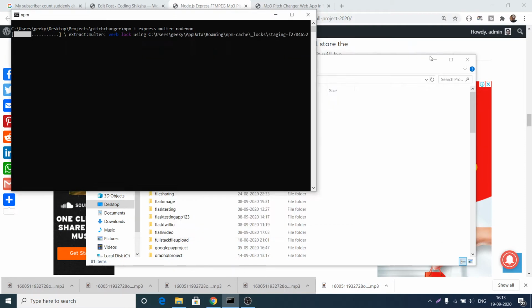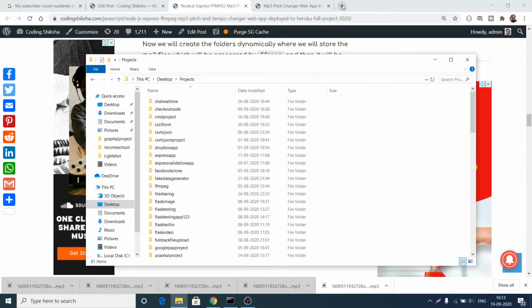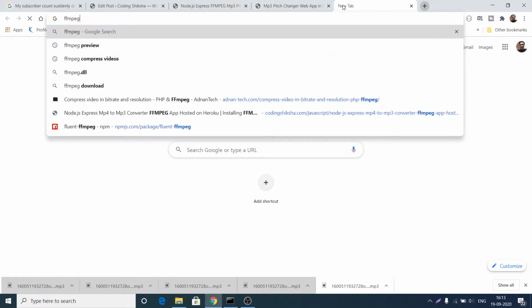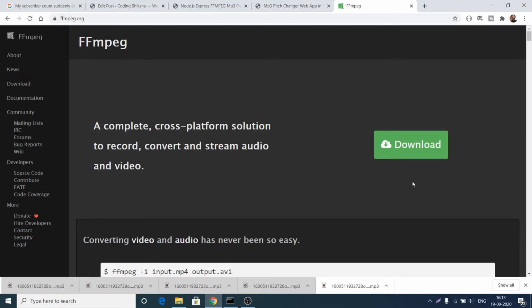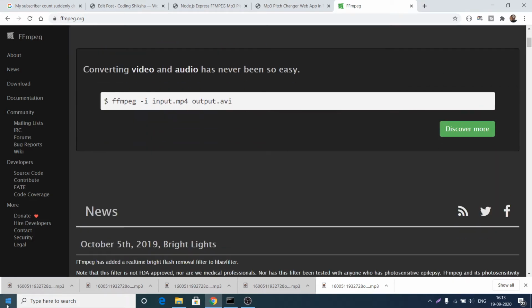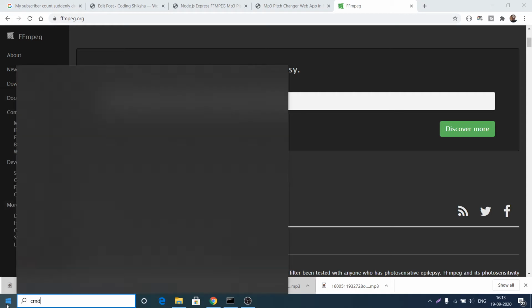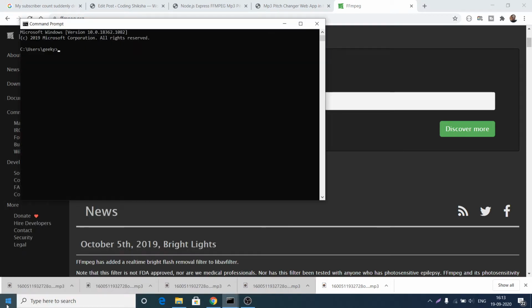Also close this. And I forgot to tell you guys, I am assuming that you have already installed the FFmpeg library. If you haven't installed it, go to Google and type FFmpeg, and the very first link that comes up is the official website of FFmpeg. Click on this website and you simply need to download it for your respective operating system. My operating system is Windows, so just click the download button and install the binaries. In order to verify that you have successfully installed it, just type ffmpeg on your command line.